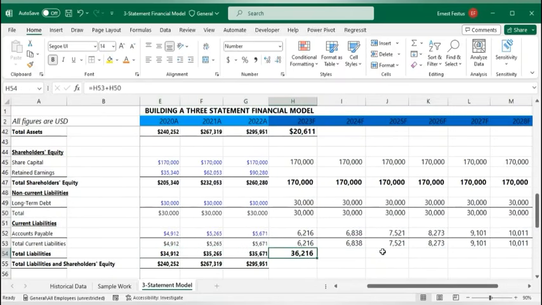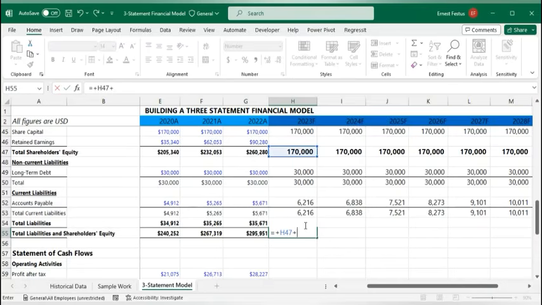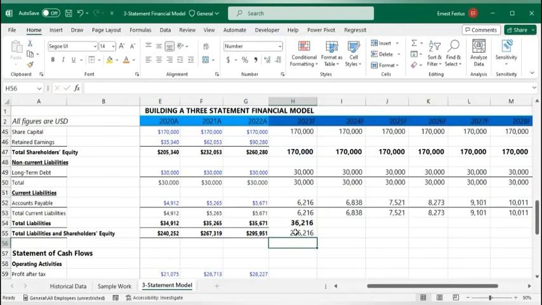Okay, so our total is going to be total shareholders' equity, so total shareholders' equity added to my total liabilities. Hit enter,